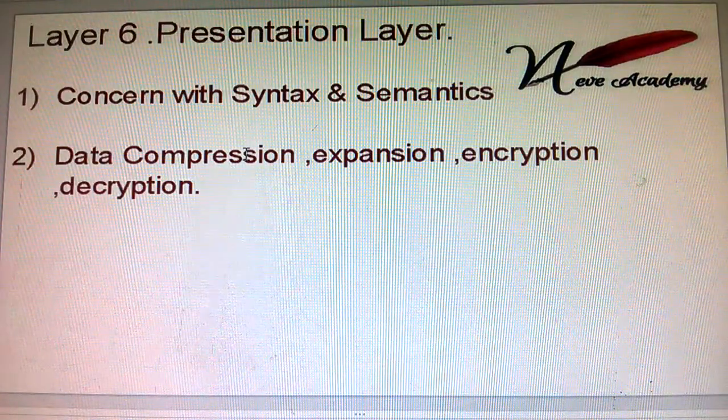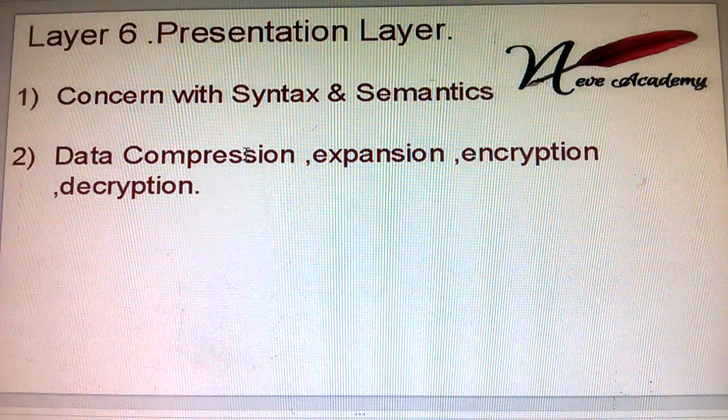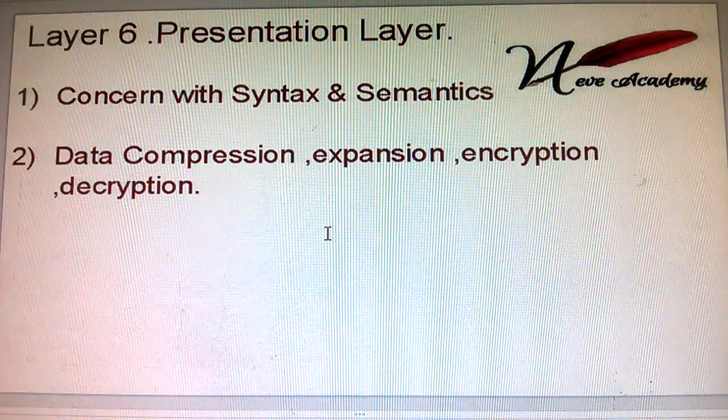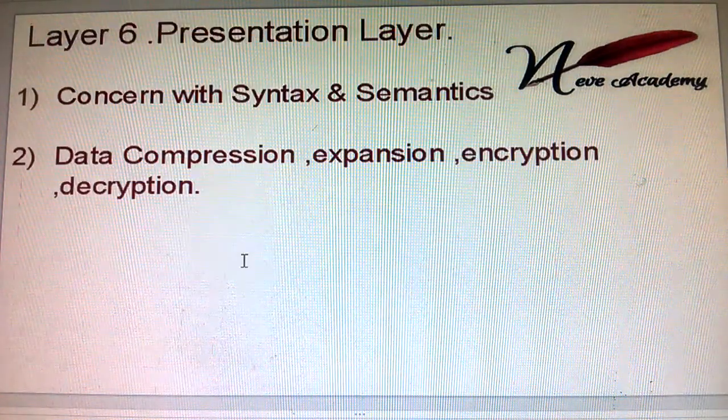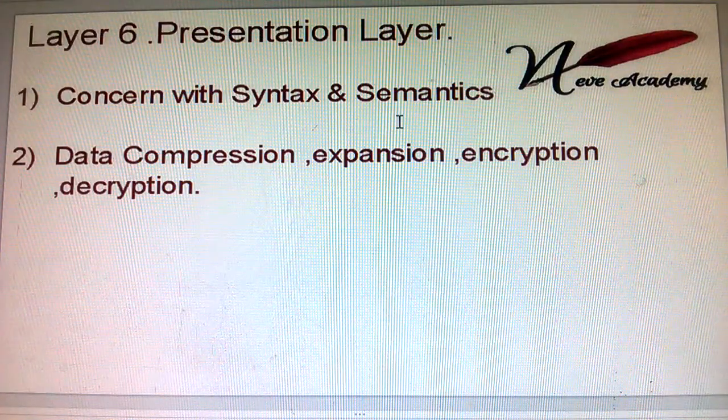And the next layer, the presentation layer. Again my concept is, as the name suggests, presentation. It gives us the presentation of all the things done before. From layer number 1 to 5, every time we are transporting the data, sending the data from layer to layer, but the presentation layer is only concerned about the presentation. Hence it has some syntax and some semantics.